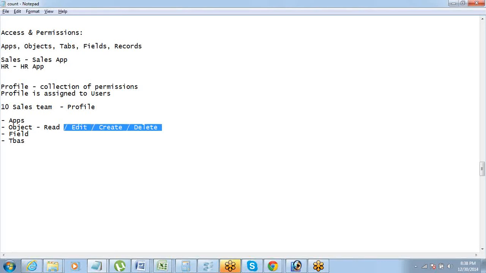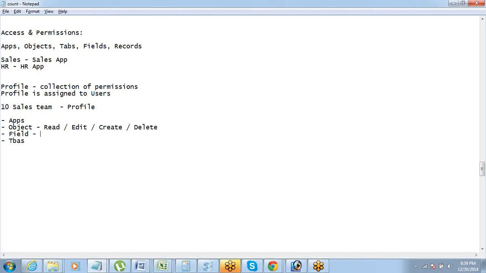Fine. So the profile contains whether the users of that profile will get to view the data, edit the data, or create or delete. Sometimes you just want people to have read permission, right? And they should not be able to edit. So that is something which can be controlled. Sometimes you want them to be able to edit the data as well. Sometimes I want them to be able to create the data also. So depending on your requirement, right?